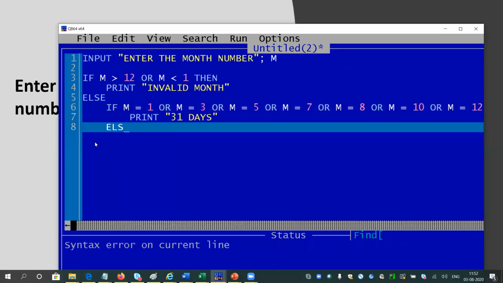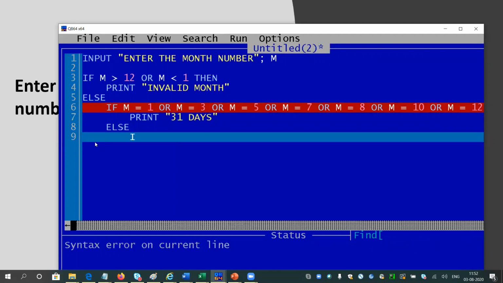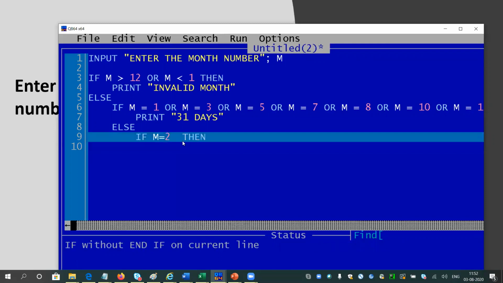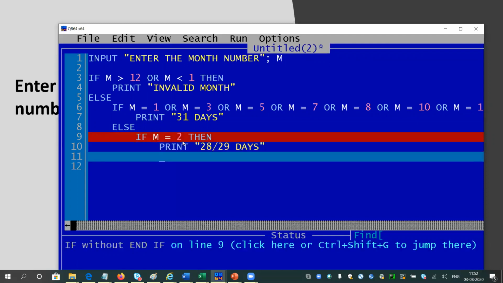Else means m is holding some other value, right? So I will check if m equals 2. If m equals 2, then I will print 28 or 29 days. It is a shortcut.